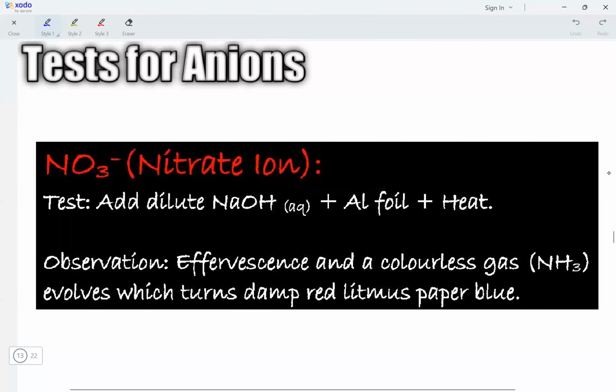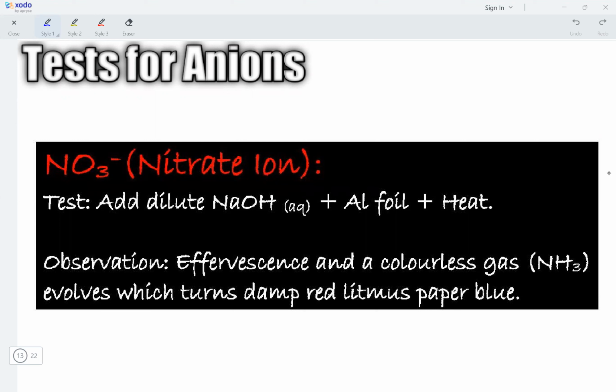The next ion we'll be testing for is the nitrate ion. Nitrate ion has a formula of NO3 minus, and if nitrate ions are present in our solution, when we add dilute NaOH, we follow it up by addition of aluminum foil and heating it. When we add these reagents into our solution containing nitrate ions, and then we heat